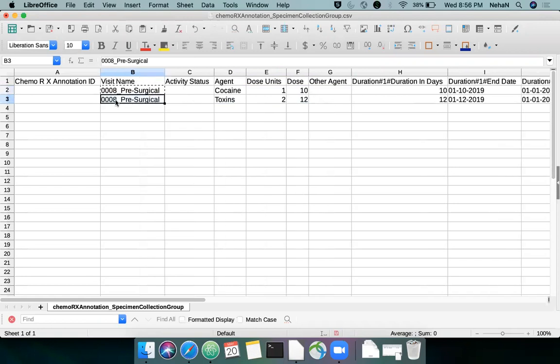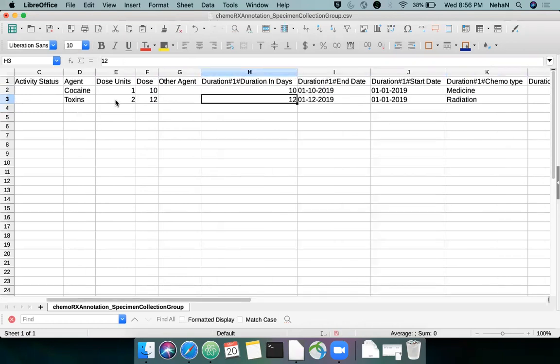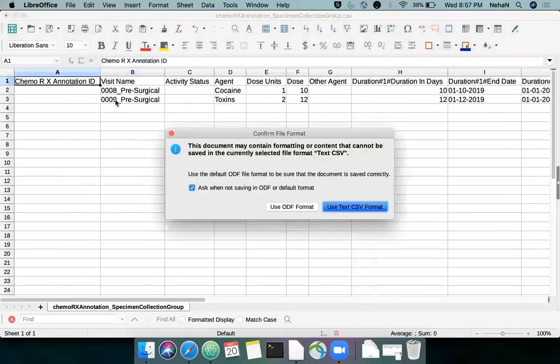And one for the 9th patient. Okay. And the other fields, I have already added data over here, and I'll save the file.